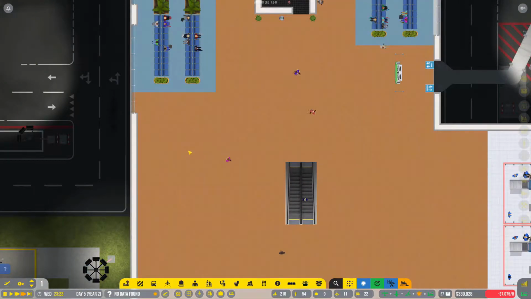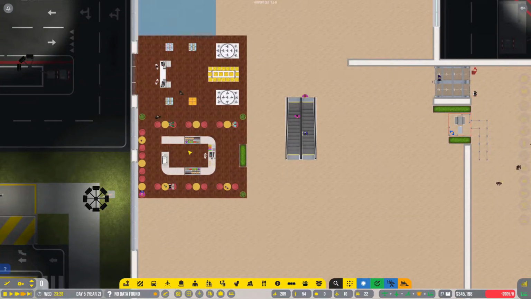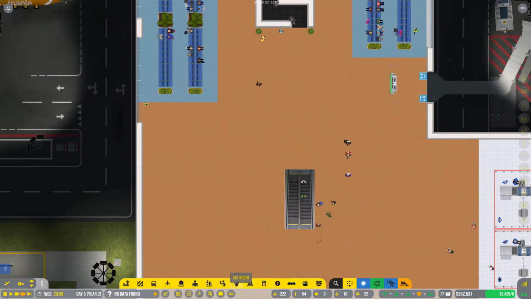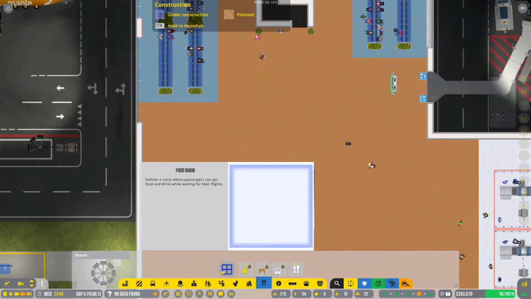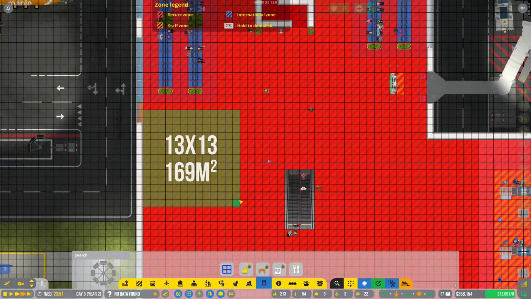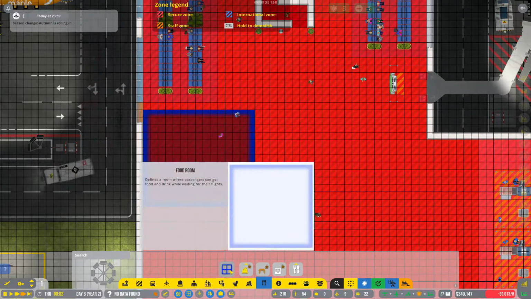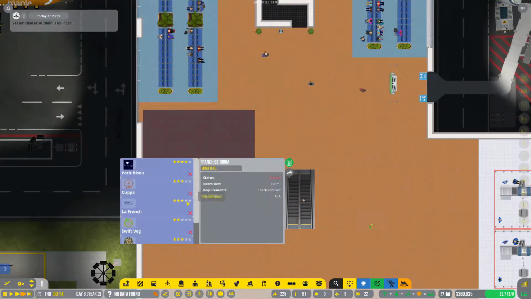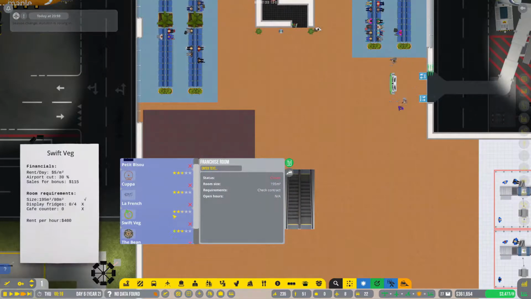So to get started though, I guess we'll move the cafe first. So let me go ahead and put the food area down. I think they call it a food room, is that what I just read? A food room. So put the food room down, and then